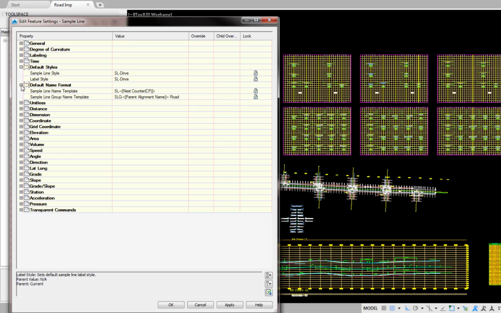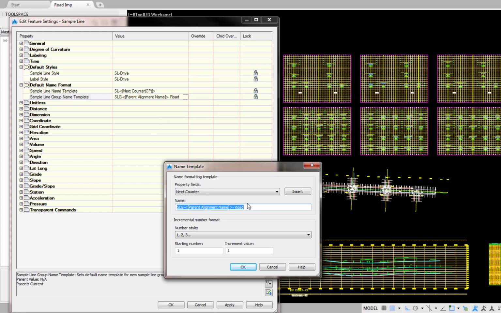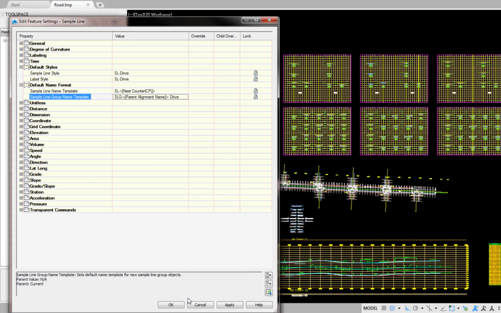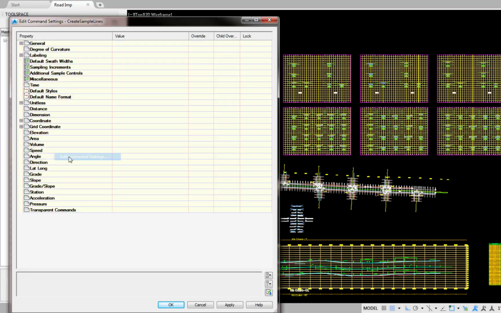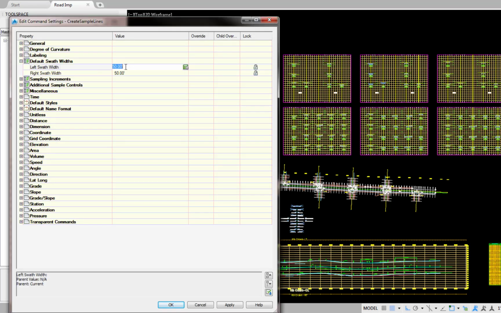Default name format, sample line name template, SL next counter, sample line group name template, SLG parent alignment name, pick the current name, remove road, and add drive. OK. OK. Expand sample line, expand commands, create sample lines, edit command settings, default swath widths, left swath width 90 feet,